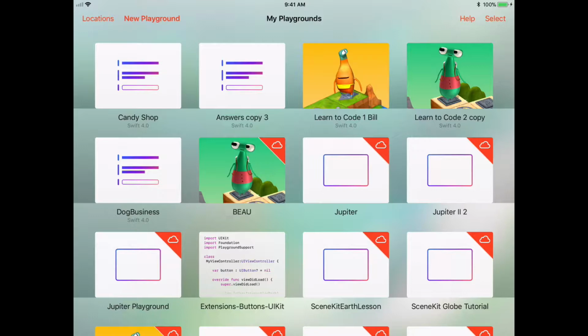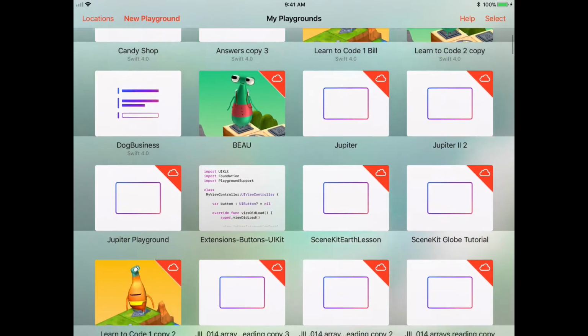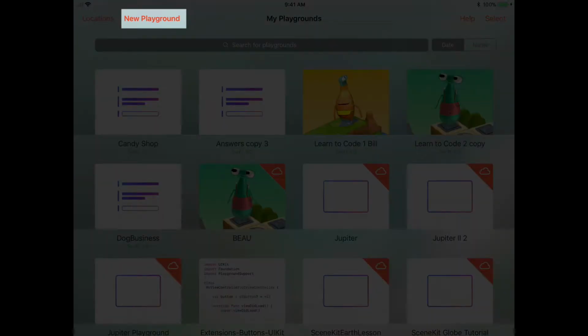Hello, today we're going to do something a little different. Instead of using the Learn to Code curriculum, we're going to branch out and do our own custom program. And to do this, we're going to open up Playgrounds and click here, New Playground in the upper